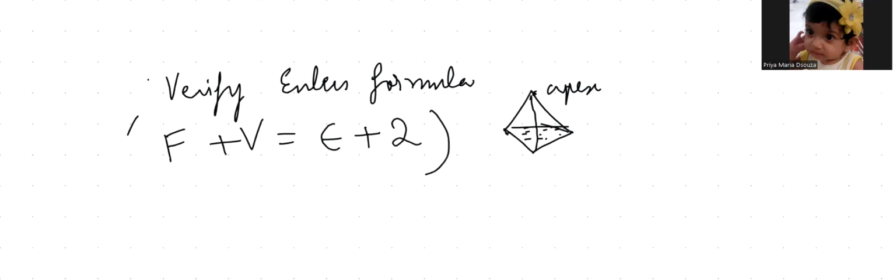Okay, whatever it is, the number of faces plus the number of vertices will be equal to edges plus 2. Okay, so you need to remember this. I made you write a table. So the table is very important. F plus V is equal to E plus 2. You must know for which all,